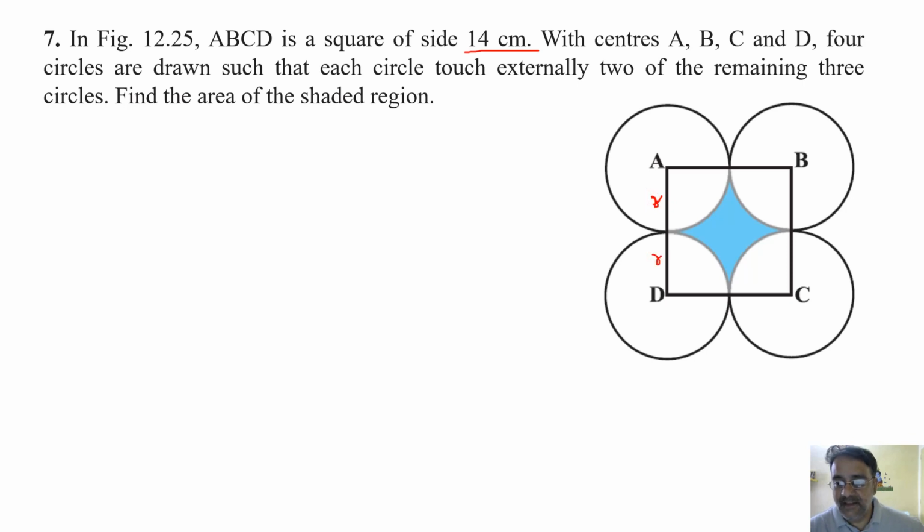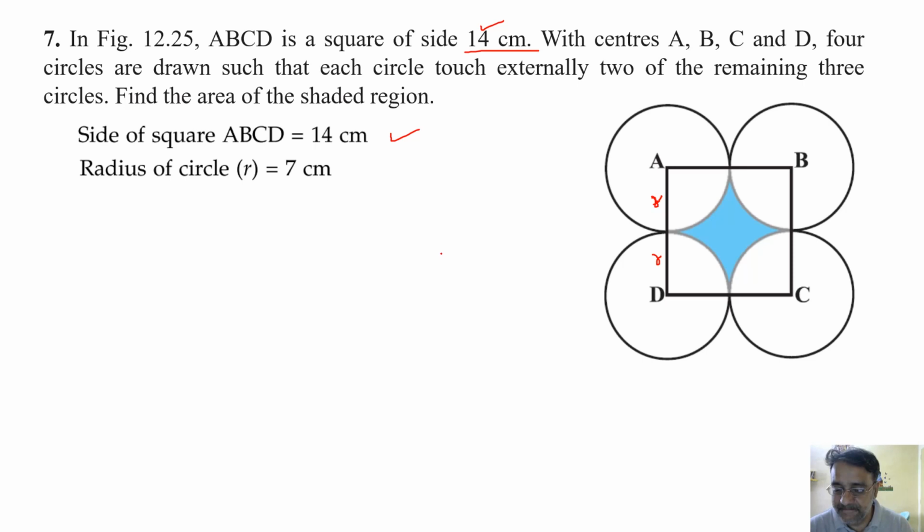Okay. तो what is the side of square given? 14. So what will be the value of R? 7 centimeter. 7 centimeter, right. So side of square is given 14 centimeter, so radius of circle will be 7 centimeter. 14 centimeter अगर side है तो radius 7 centimeter होगा. And the central angle, देखो सभी quadrant है यहाँ पर.